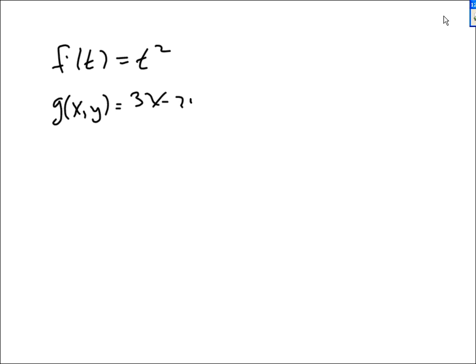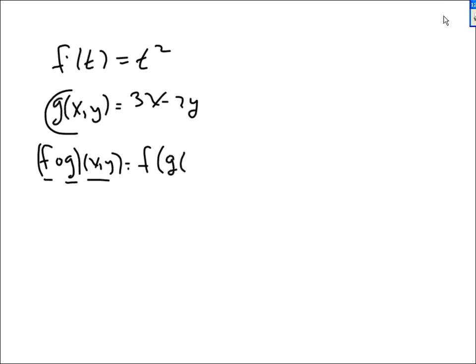Okay, how about this one? Suppose they tell you that f of t is t squared and g of x,y is 3x minus 2y. And they want us to talk about the continuity of f circle g, f circle g of x,y. Why f of g? Because first you do g, and you don't take g of t's. You take g of x,y's. That is, you take f of g of x,y,